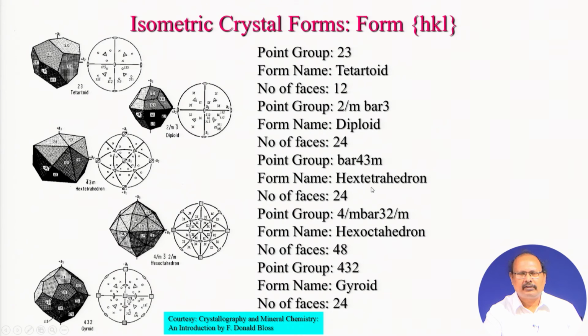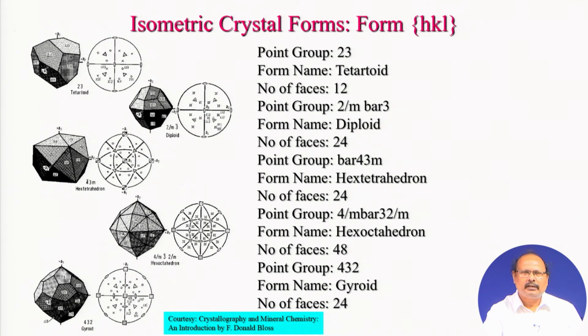So, we have studied hexoctahedron, hextetrahedron. That means an octahedron face, that is 111, now consists of 6 such faces here, and this is essentially this octahedron here. Now, you see one octahedral face now consists of 6 faces. So, 6 in an octahedron, a total of 8 faces there. So, you have a total of 48 crystal faces here. So, in a nutshell, now you have